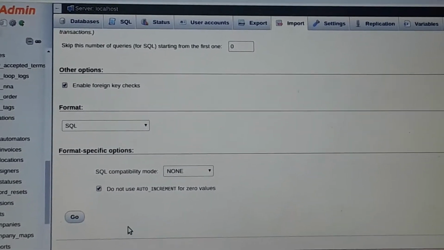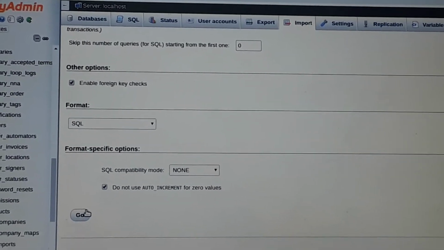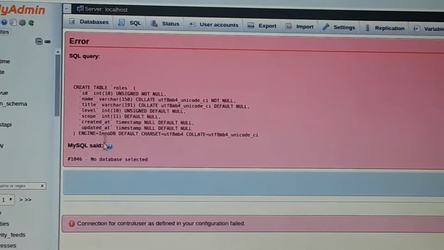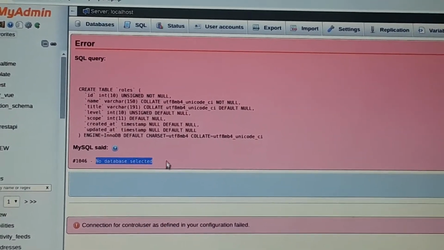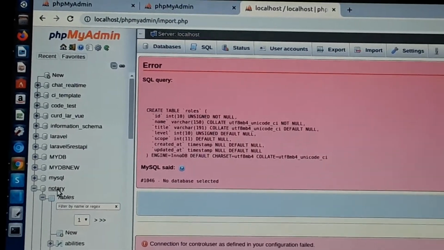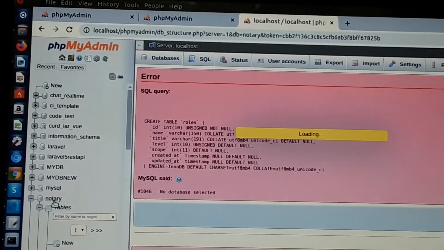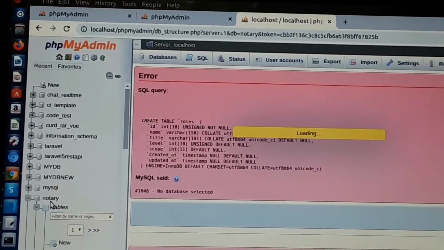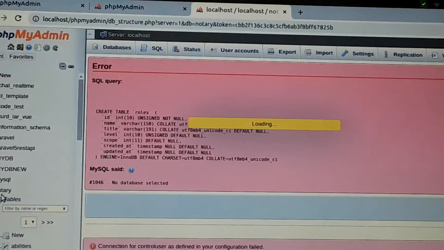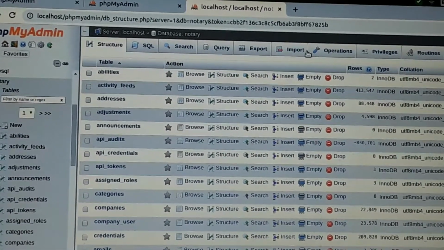Click on OK. The table already exists. No database selected. Okay, go and select the database. Click on the database. It is loading. Import.